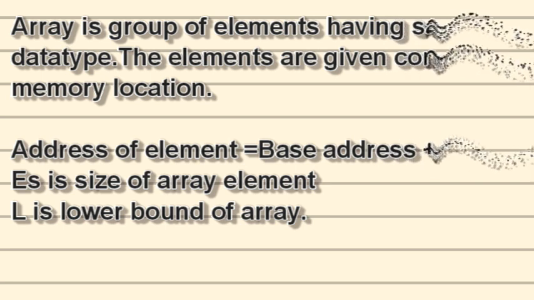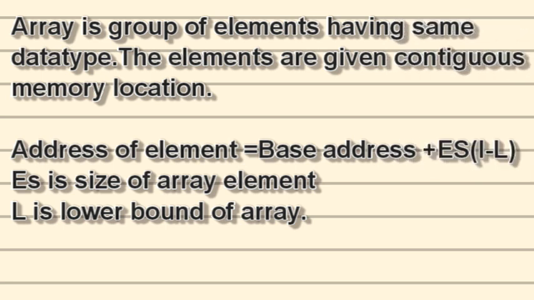Now, as we know, arrays are stored at contiguous memory locations, where the elements have the same data type and the data is stored contiguously, like 1, 2, 3, and so on. The index number starts from 0. Whenever I'm talking about calculating the address of an element, it starts with the base address plus the size of the array element, which remains the same because we declare all elements with the same data type. Then we use the subscript I, minus the lower bound of the array, that is L. That is the way through which we calculate the address.